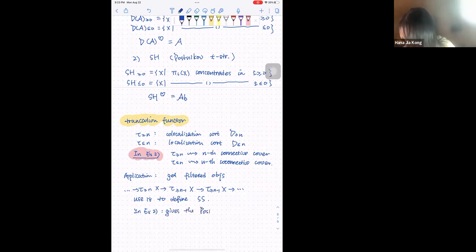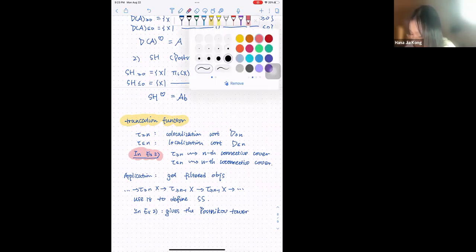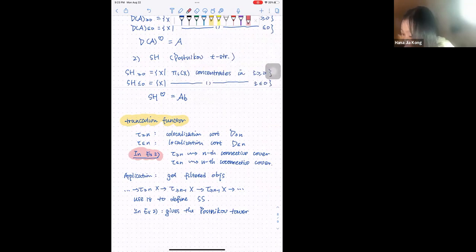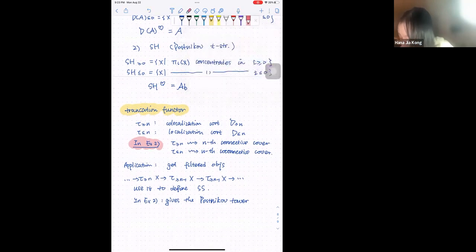This gives a Postnikov tower. Okay. So in the last few minutes,